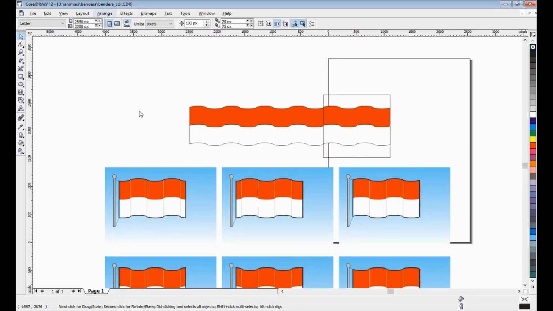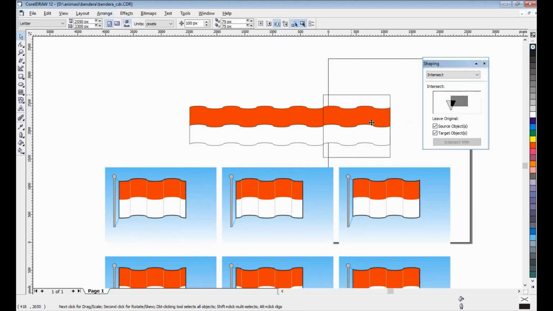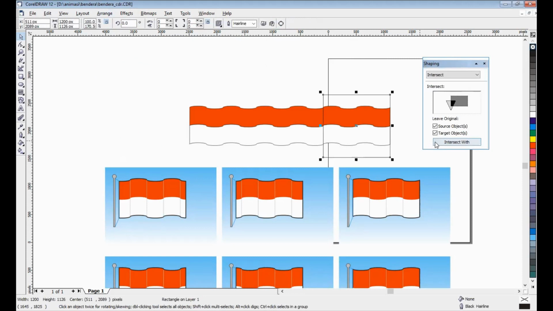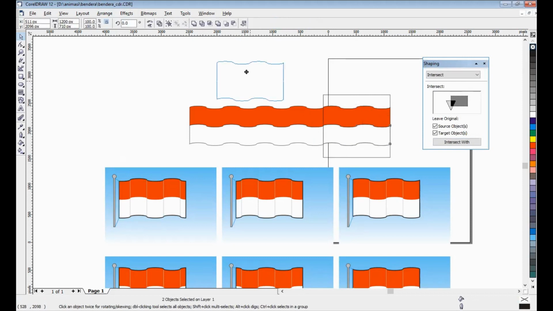Active shaping with intersect: choose intersect with this, get the result, and then intersect with this to get the result and take the result. That's it. It's frame number 1.